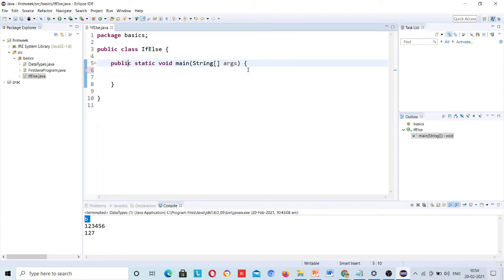I will declare suppose integer a is equal to 5. Integer b is equal to 7, integer c is equal to 7.